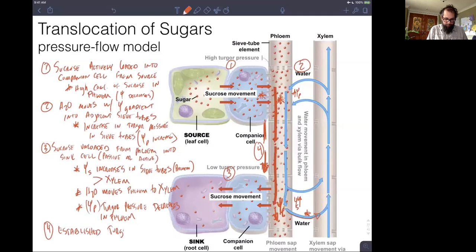Turgor pressure gradient in the phloem. And what's the result of that? Well, the result of that is that phloem sap is going to move by bulk flow. And so our phloem sap is actually going to follow that turgor pressure gradient and move via bulk flow through